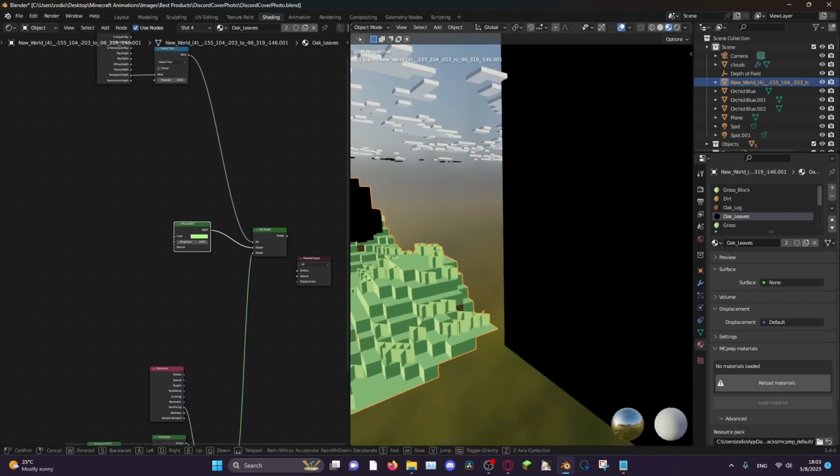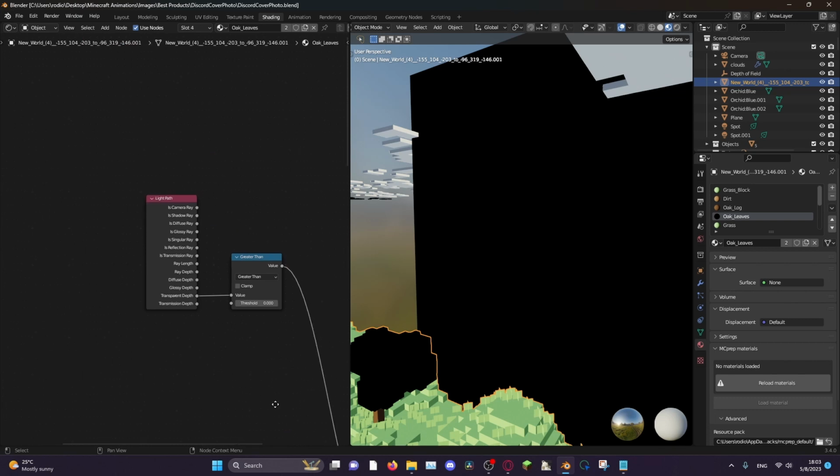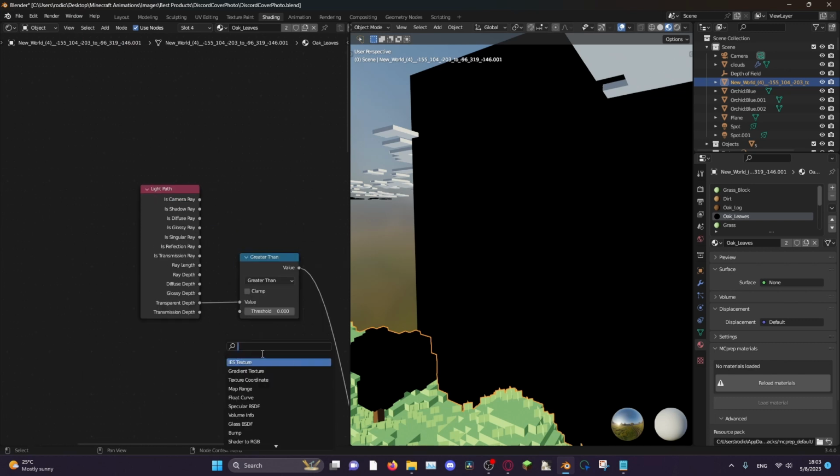So as you can remember, not like we've been looking at it for the past like 5 minutes, but we created this giant transparent plane over here. And this is the thing that will control the material swap, as I said. So over here we have the light path. This is redundant, but you search up the light path, you add it, and you plug in the transparent depth